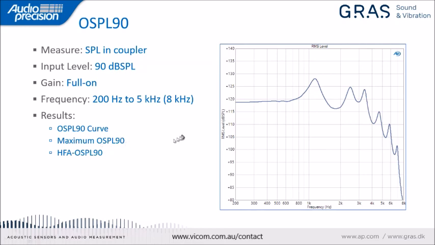And some of the metrics of interest here, we have the maximum OSPL 90, so we simply pick off the maximum value of the curve at whatever frequency it occurs at. And next we have the HFA OSPL 90. Now HFA stands for high frequency average, and to compute this we simply take the level or the gain at